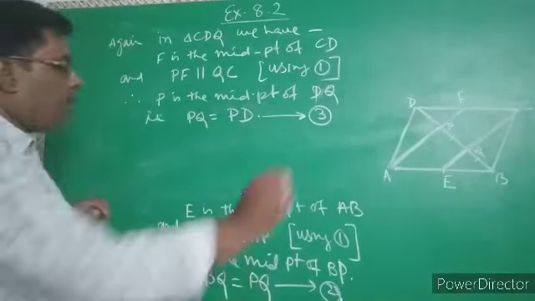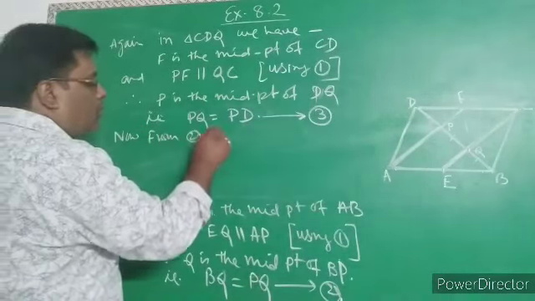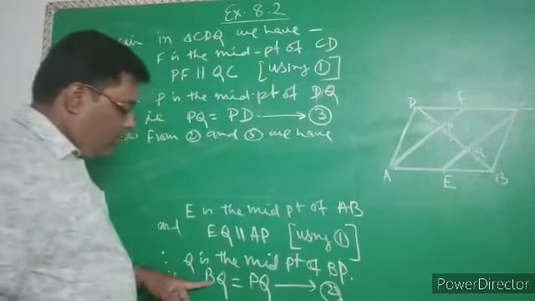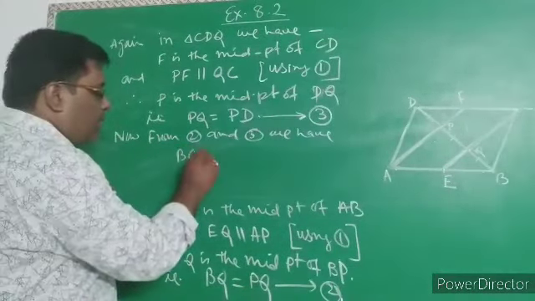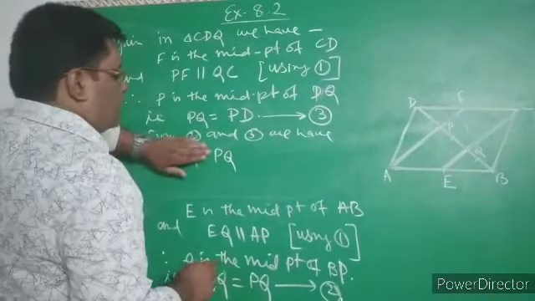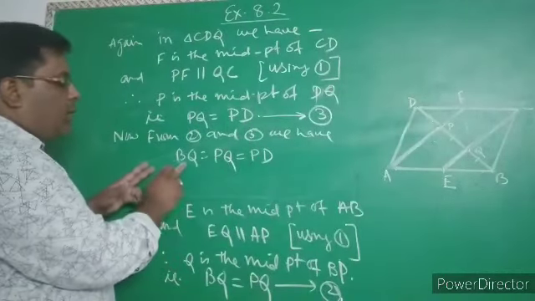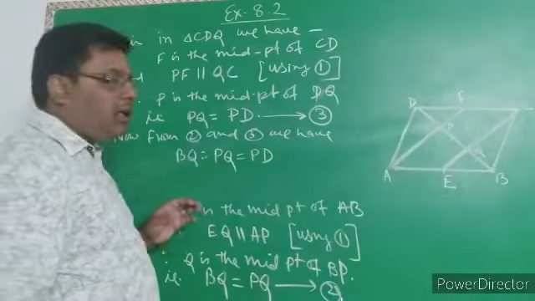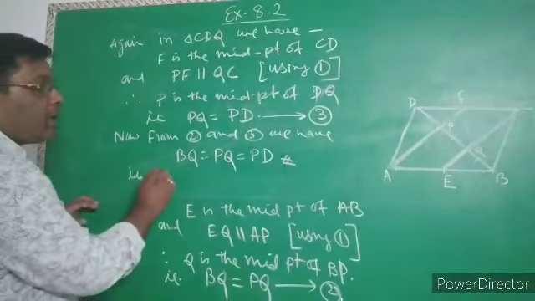Now from 2 and 3 we have BQ equal to PQ, this is number 2, and here PQ is equal to PD, or DP. So you get BQ, PQ and PD. So actually this is the book, that is right, that is AF